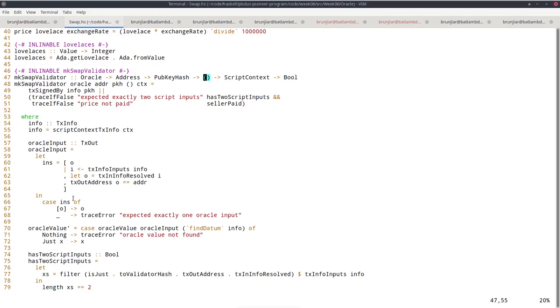And it should have three outputs, the oracle output again, but we don't have to worry about that because the oracle validator takes care of that. That we saw in the core module, that the oracle validator makes sure that whenever it is used, there will be an output with unchanged datum and added fees, if you recall. So we want that, and then the seller must get the tokens, and the buyer should get the locked Lovelace.